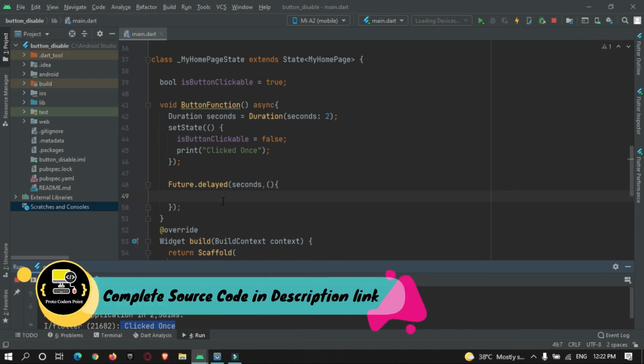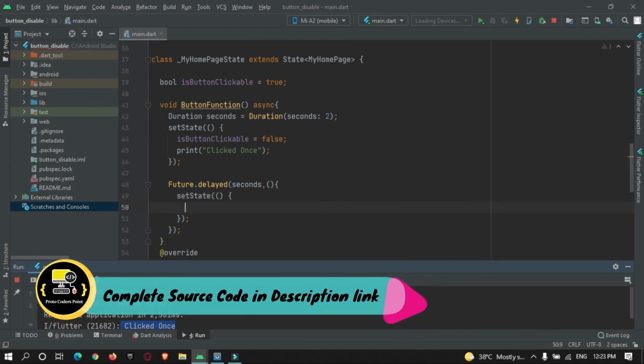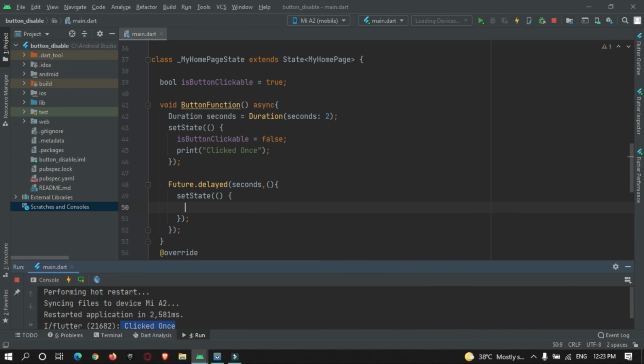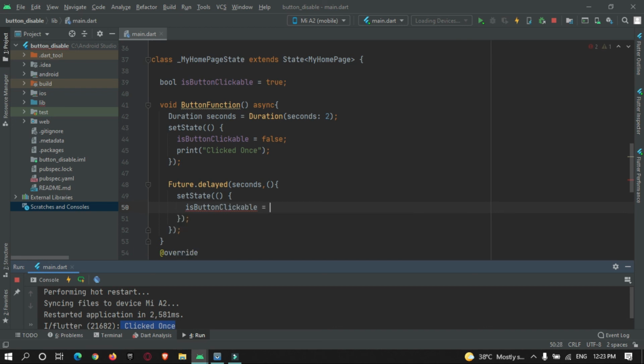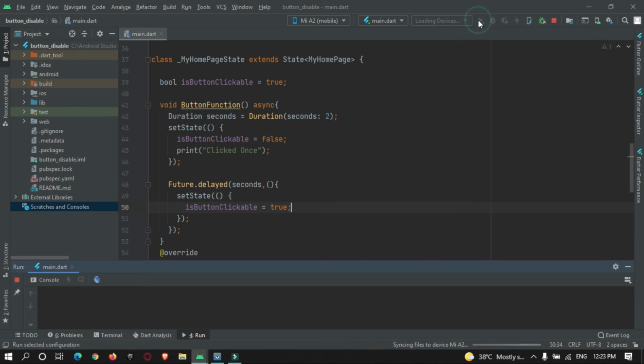Here again I can make use of state management and make the button visible and clickable again. I will set it to true. Now I will just restart our app.